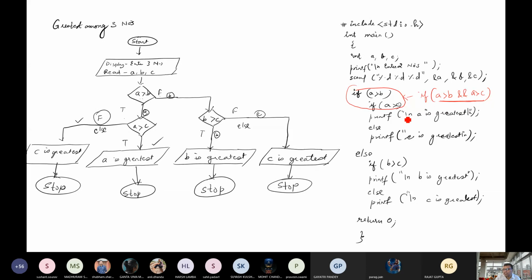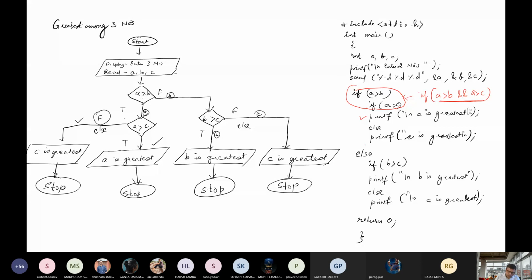So if both the conditions are true, automatically print this, else print this. And one else is required, that whether B is greater than C or not. Fine. Any doubt? It is clear now?